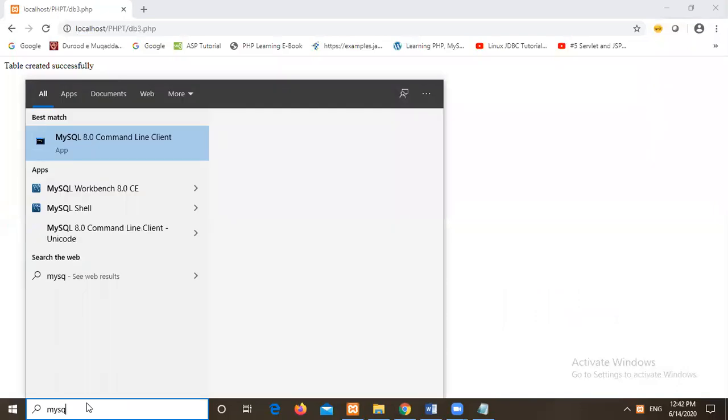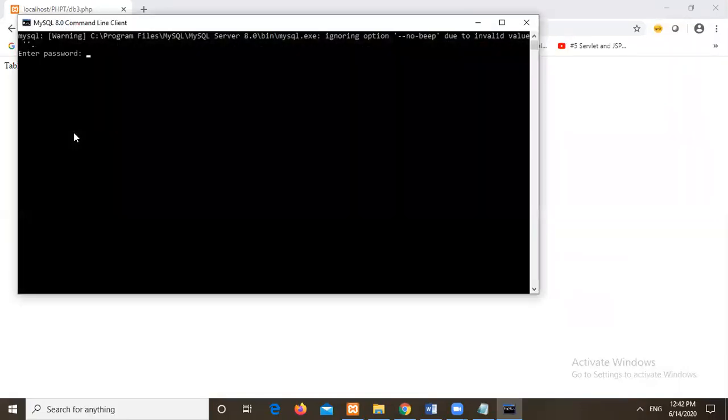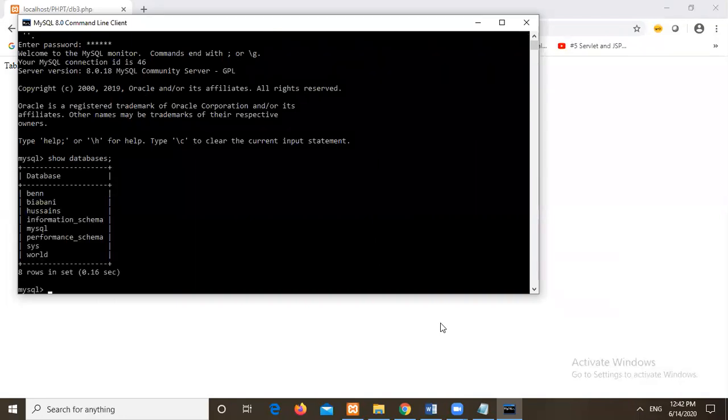So now I will go and check whether my table has been created or not. I will go to MySQL. So it is asking password. So what was the password here? System. Okay. So here I will write the query show databases. Show databases. So here we have the list of databases, and I will choose Ben.